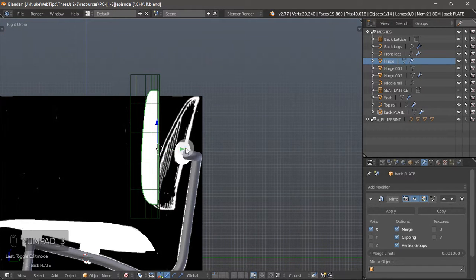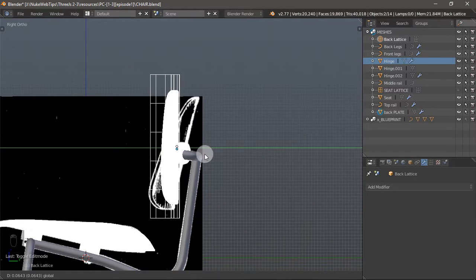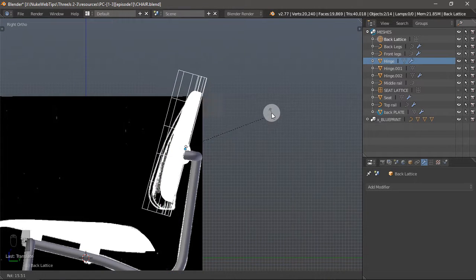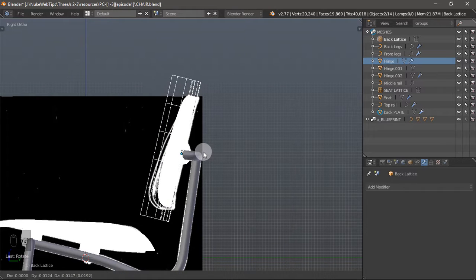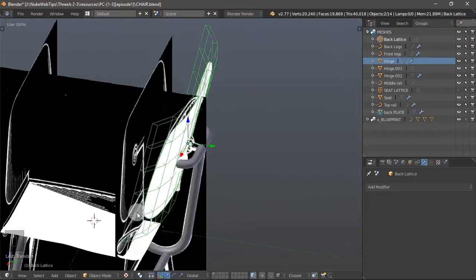Side view. Guys, this is looking good. I think it's very good, well executed. If not, you don't have to worry about it that much. It's just a prop. What we really want to learn how to do is